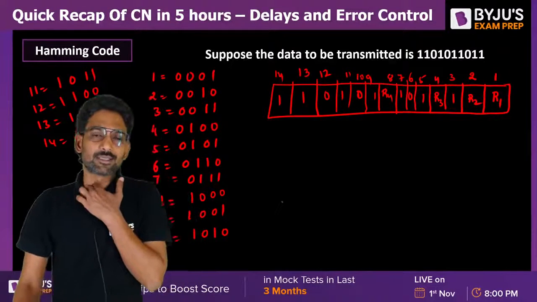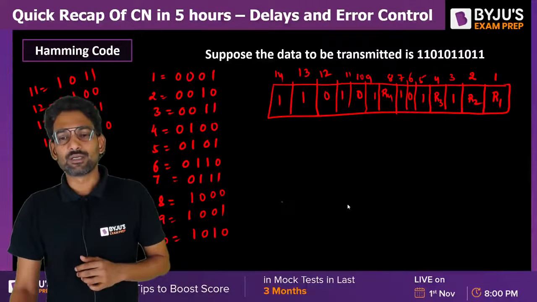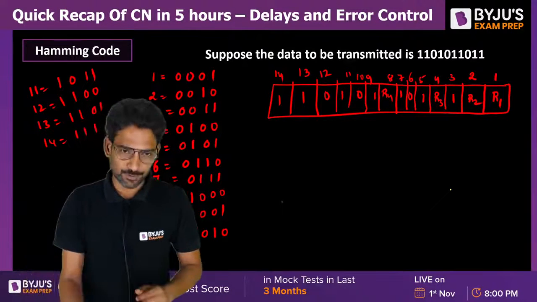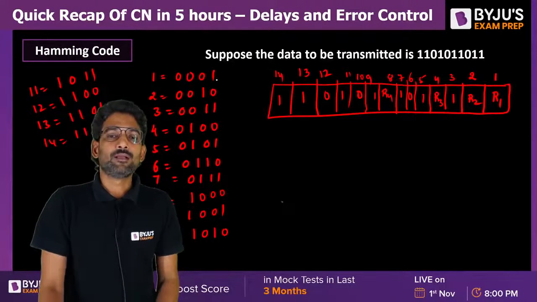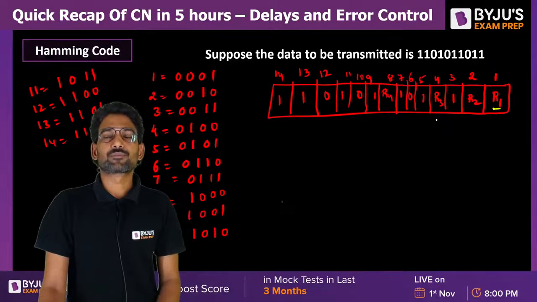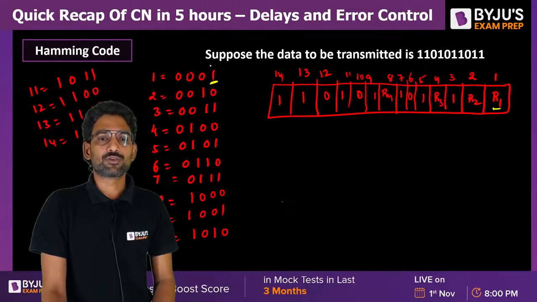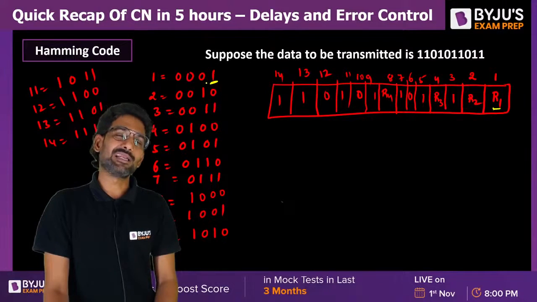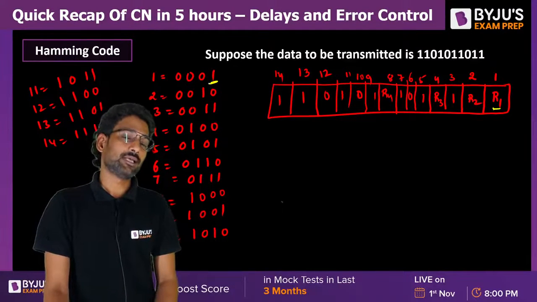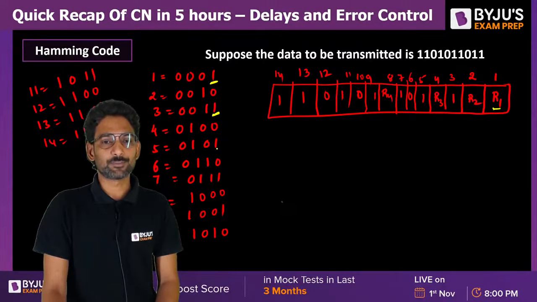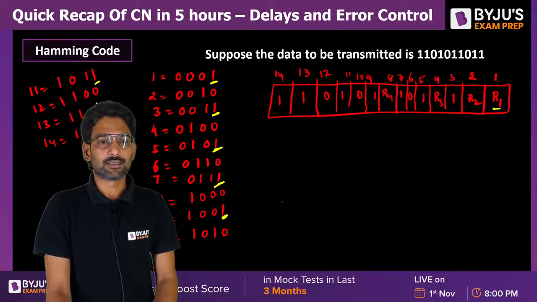So what is this check 2 bits, skip 2 bits? All that means, if you don't understand the terminology, do this. I want R1. R1 means the first position. So the first position has 1 in the LSB. What others have 1 in the LSB? Third position, 5th, 7, 9, 11, 13.